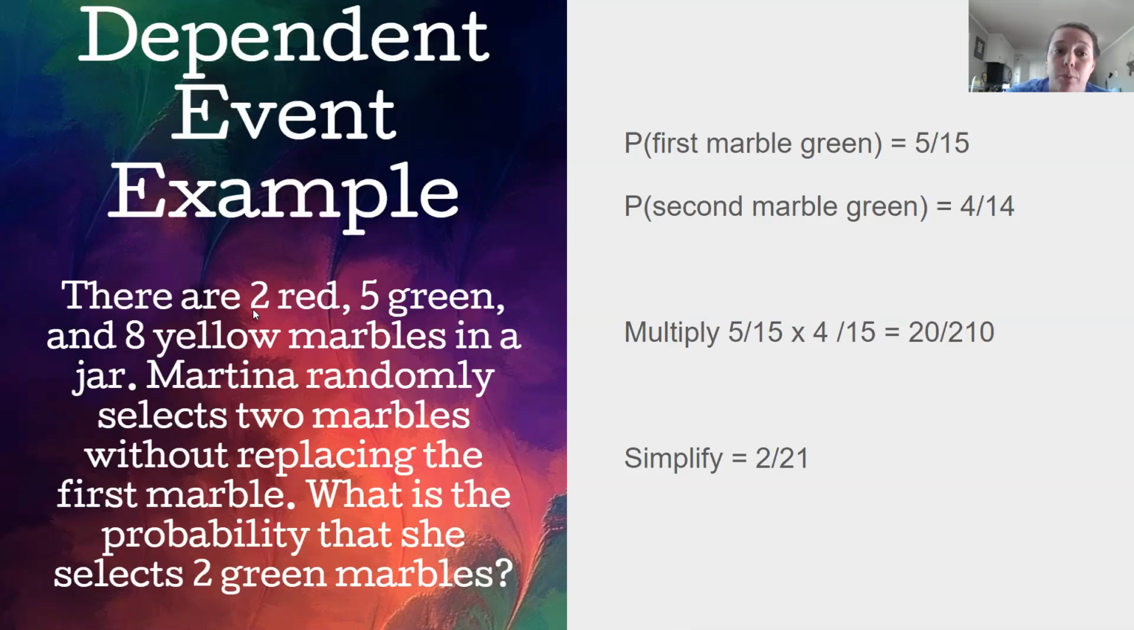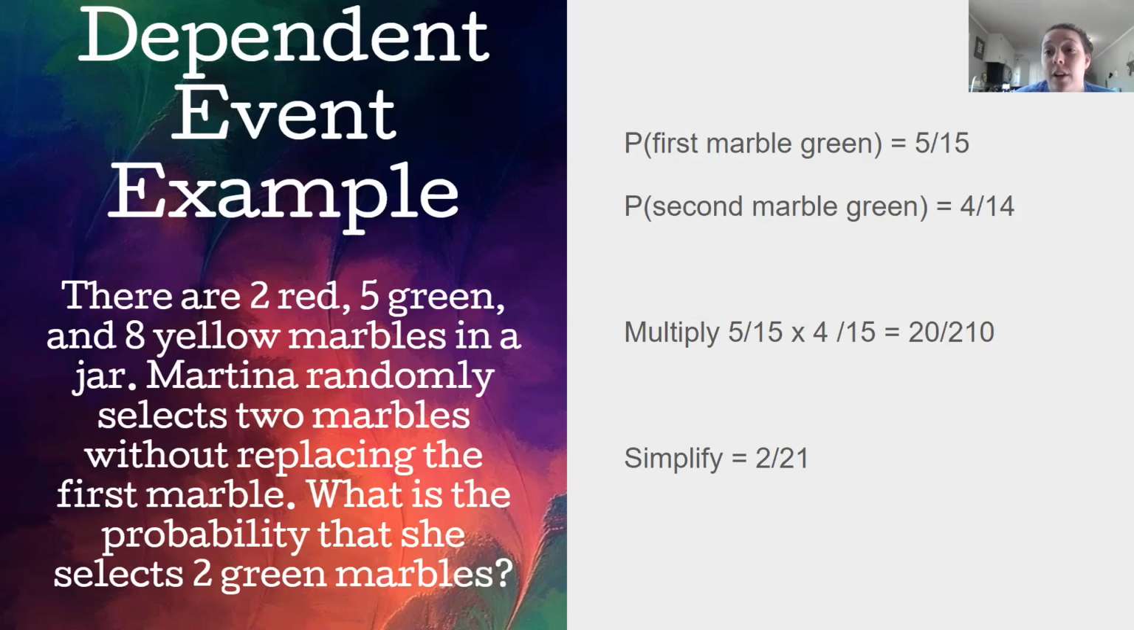So 8 yellow plus 2 red would be 10, plus 5 green would be 15 total. But then the second one gets a little bit tricky, and just make sure you pay attention to these questions when it says I didn't replace, or I didn't change something, or I didn't put it back. However it's worded, if it's not replaced, you need to now think about what your new total is in the